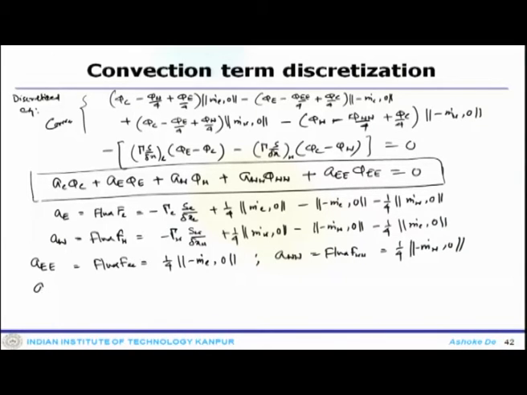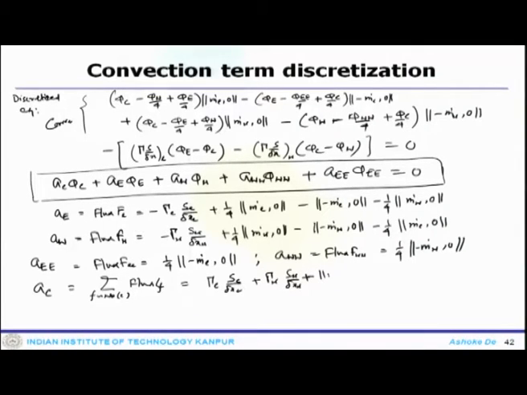And finally, A c, which is over the faces, flux C f, which will get you gamma E A c plus gamma W